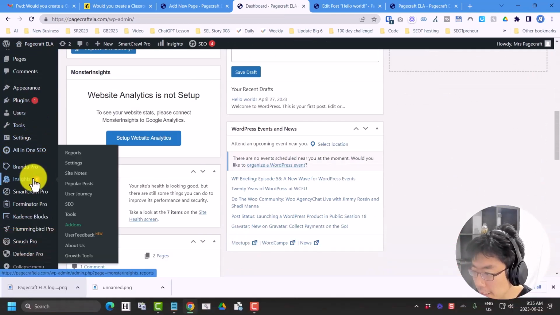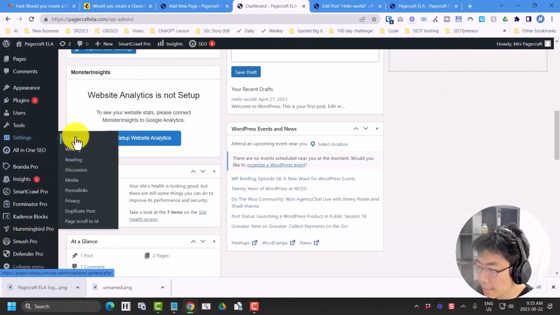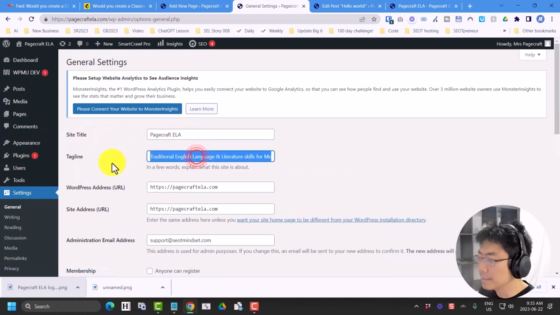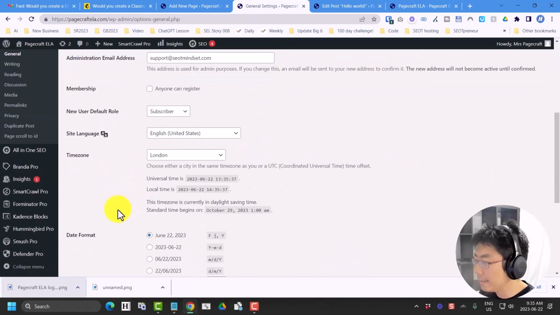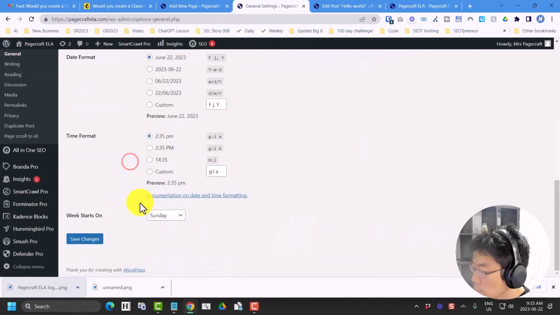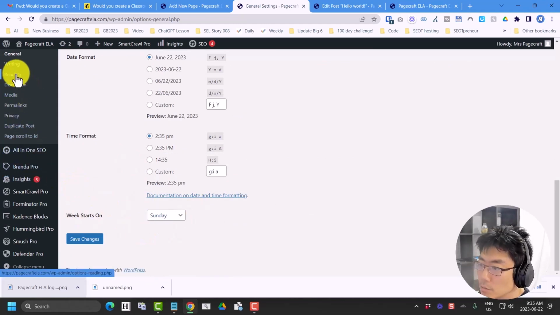So I'm going to go down here into settings and I'm going to go to general. This is where you put your site title, so Pagecraft ELA. The tagline I just used earlier, traditional English language arts, what your site is about. And then change your time zone, so wherever you might happen to be, starting on Sunday. And then under reading,